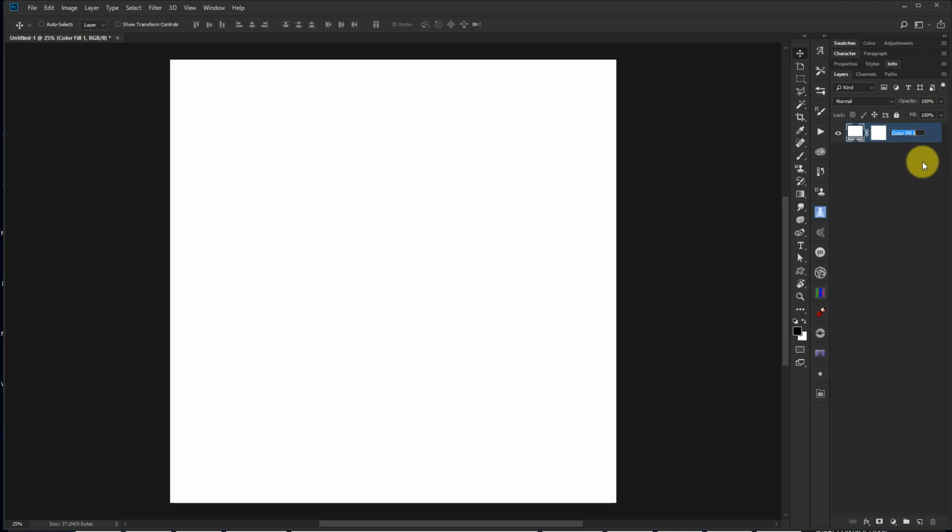The next thing I'm going to do is name that layer background, and I'm going to put it in a group, call it background. I like to name things, I like to keep them organized, because when I come back to this file in a few months it's much easier to figure out what's going on. So now I have my background layer, and I'm going to start to create the shapes that are for my